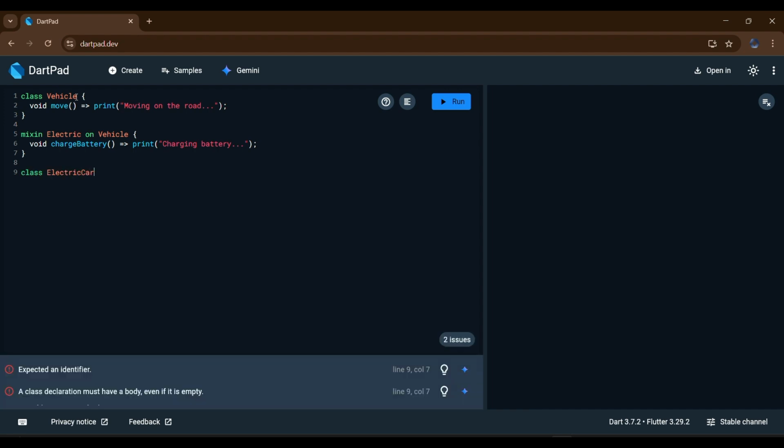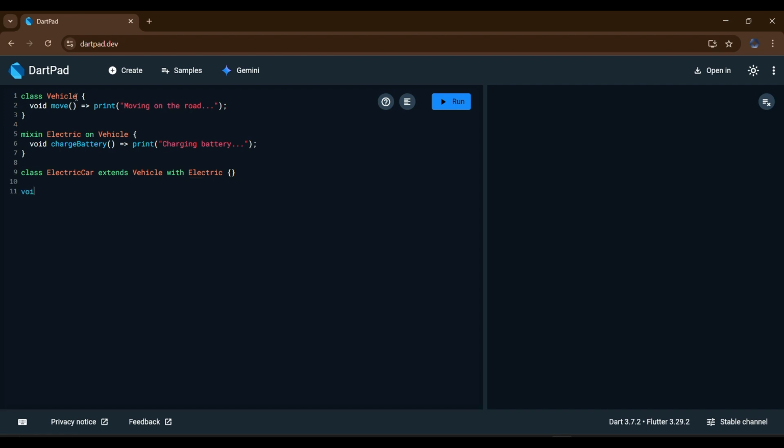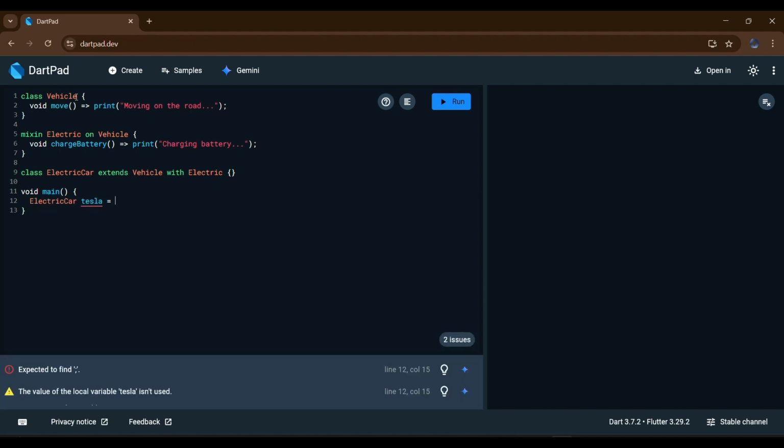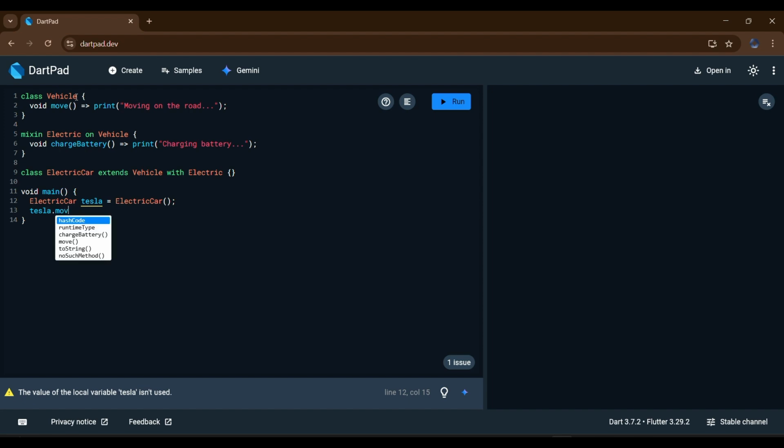Now, we create a class ElectricCar that extends Vehicle and also mixes in Electric. Because the on keyword restricts the mixin, the class must extend Vehicle before it can use Electric. In the main function, we create an instance of ElectricCar called tesla. When we call tesla.move, it prints "Moving on the road" from the Vehicle class. When we call tesla.chargeBattery, it prints "Charging battery"